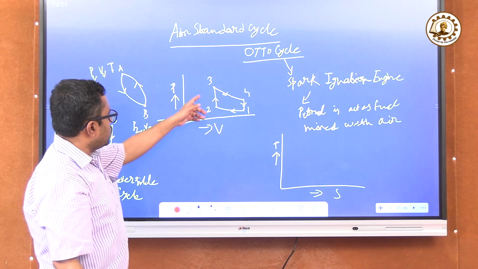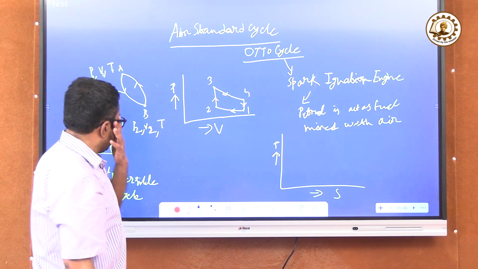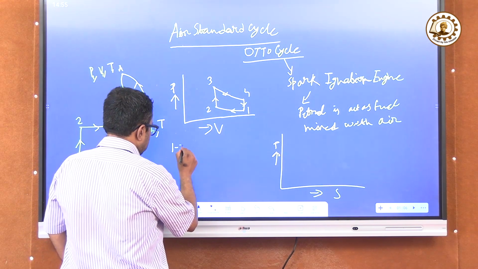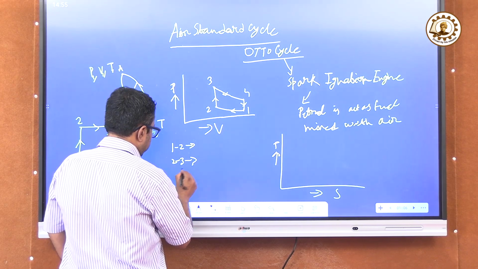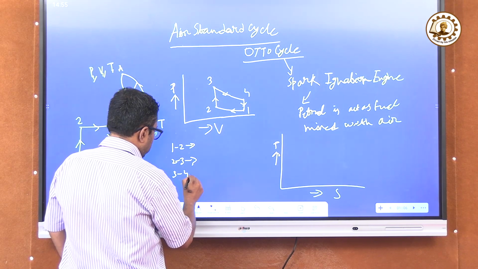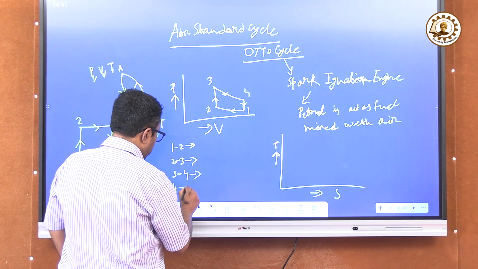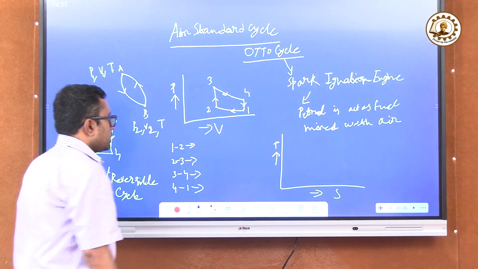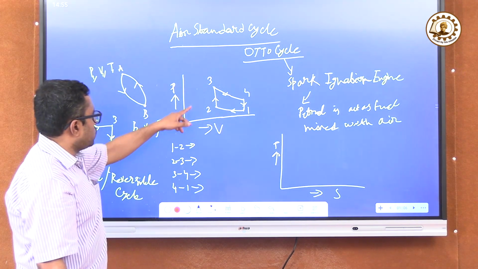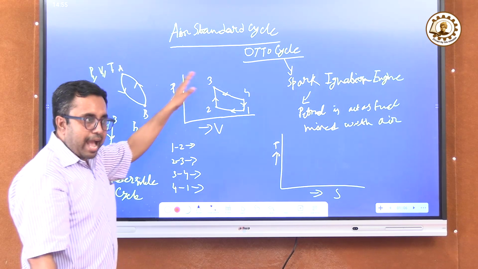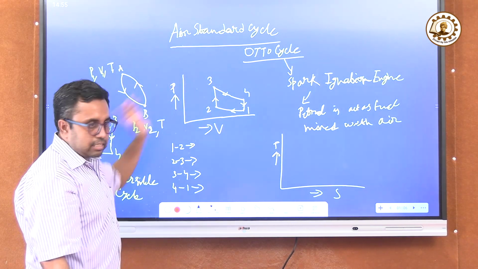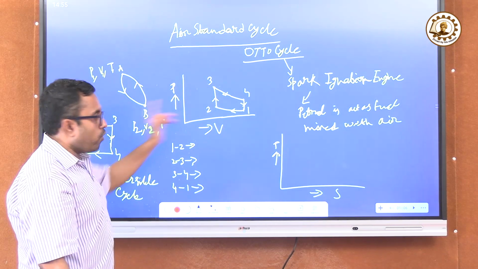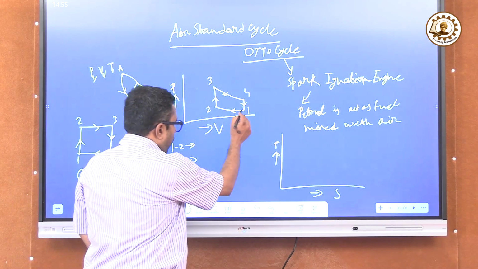1 to 2, 2 to 3, 3 to 4 and 4 to 1. That means all the processes, 1 to 2, 2 to 3, 3 to 4 and 4 to 1, as I said earlier, all these are nothing but reversible processes, in which